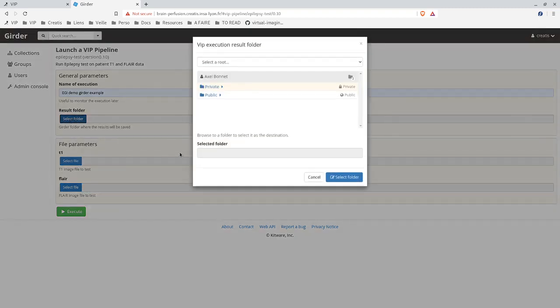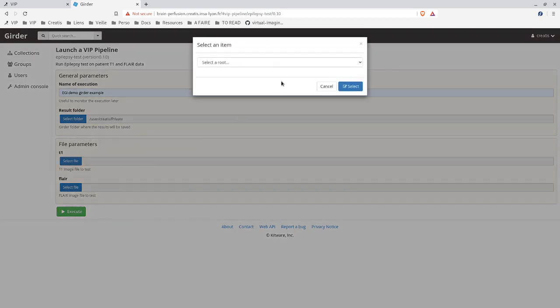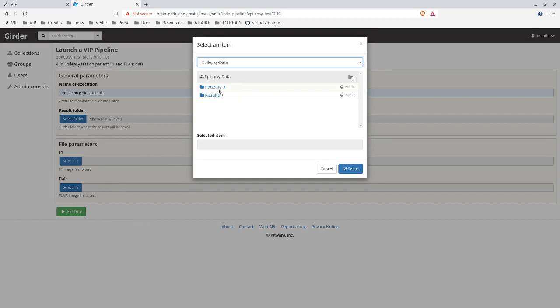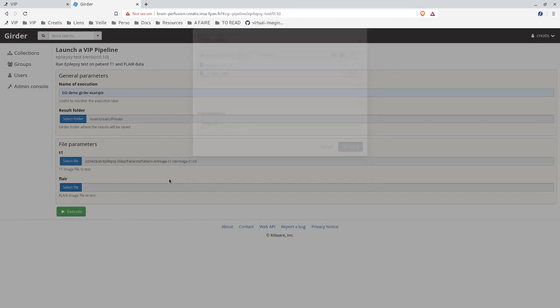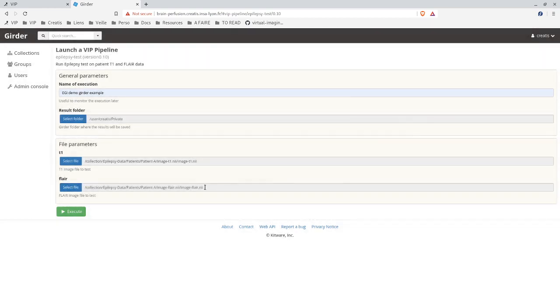So, for instance, I chose a personal Girder folder to store the results, and I can browse in collections to select my 2 input files. Everything is ready. I can start the execution.